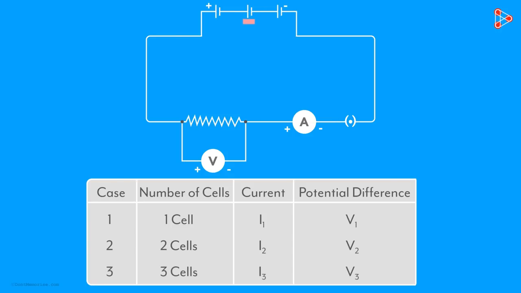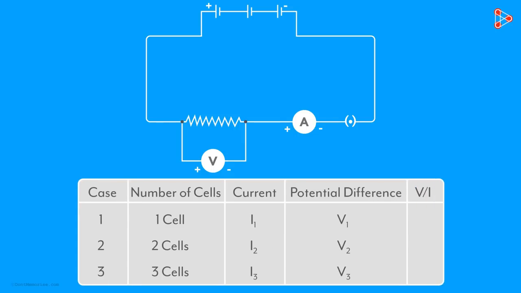You will notice that as the number of cells increases, the current as well as the voltage increase. But are they increasing proportionally? To know that, we add an additional column at the right which calculates the value of V over I for each case. You will notice that the ratio of potential difference to the current in each case will approximately be